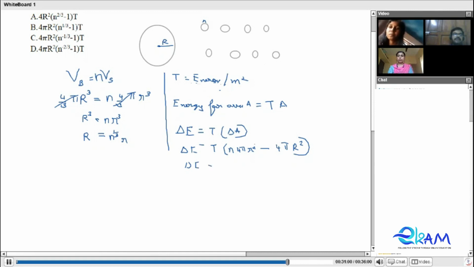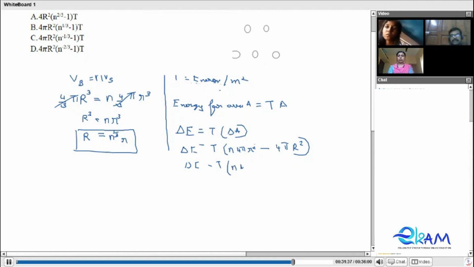Now we can look at the options. In all the 4 options there is capital R but there is no small letter r. But in our equation there is capital R and also small r. So this will not give you an answer that is in the options. To get the option, you have to convert this small letter r in terms of capital R. So how can you convert that? We already derived an equation, the relation between capital R and small letter r.